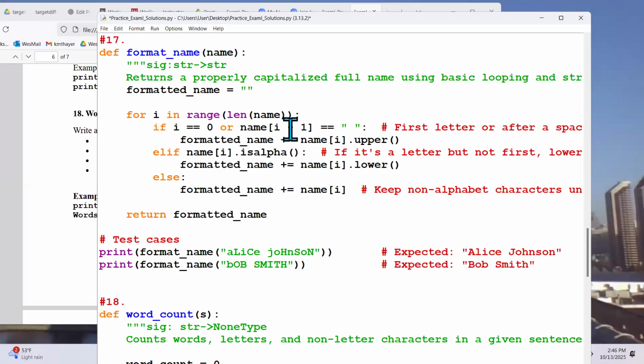Or if the name in the position before equals a space, then we would append the dot upper version of it, right? So here's Alice Johnson. Here we have i of 0, that will be A. And notice that the i minus 1 position will equal a blank when the J occurs. So here we have formatted name plus equals name of i dot upper to move that along and